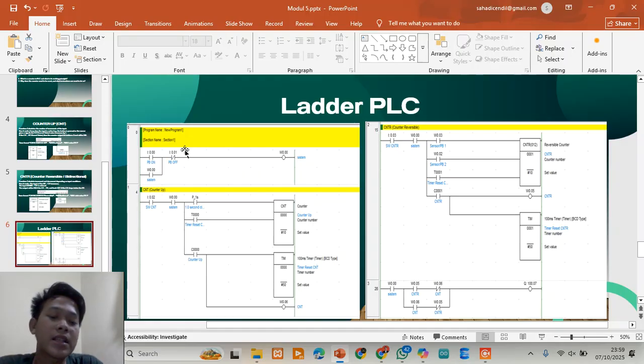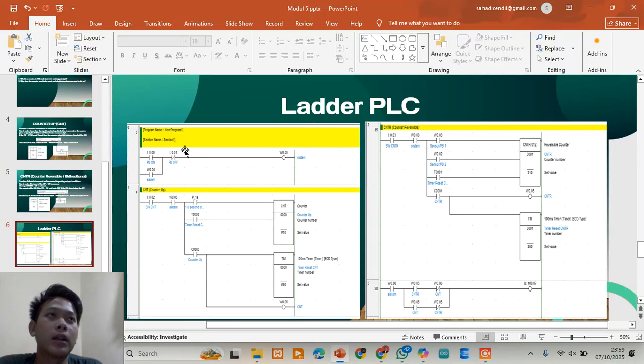Pressing the reset button clears the count and returns the indicator lamp or solenoid output to off. If a pneumatic module is attached, when the counter output turns on, the solenoid energizes and moves the cylinder forward.